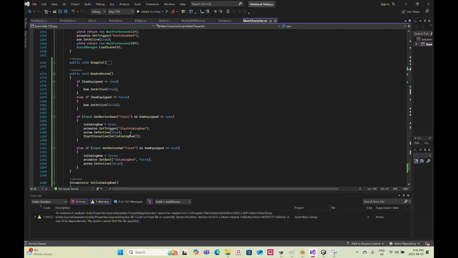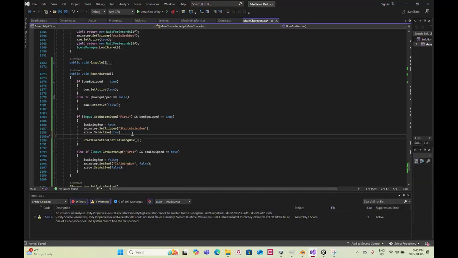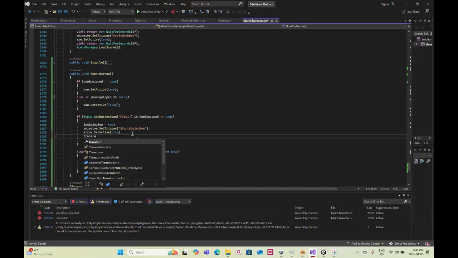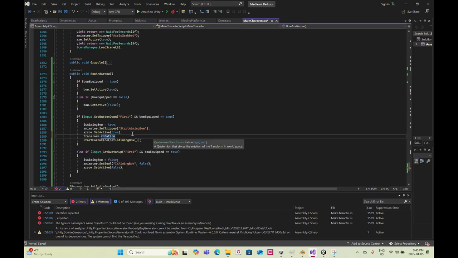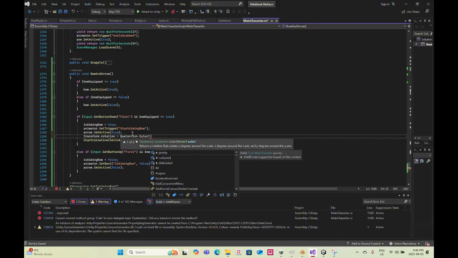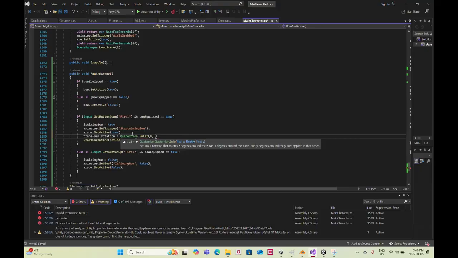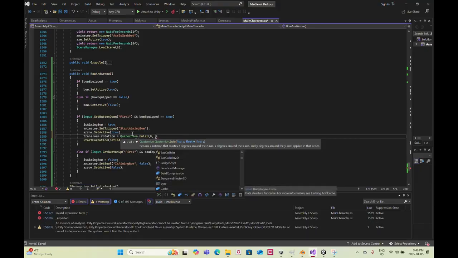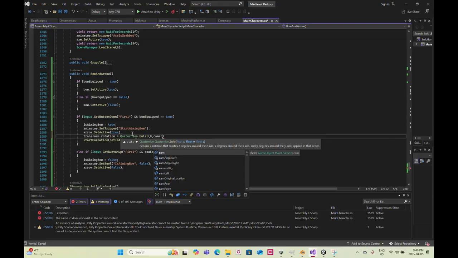So when the button is down, a couple of things I need to do is transform dot rotation, which is the rotation of the main character, equals Quaternion dot Euler 0, camera